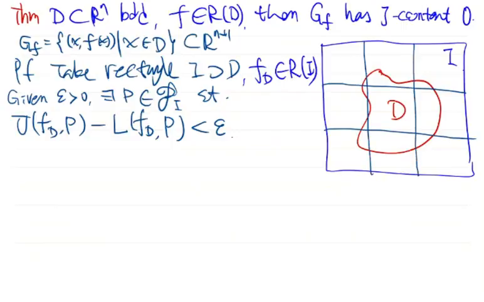Now for a sub-rectangle in this partition, we have two cases. This is an n-dimensional sub-rectangle. Then